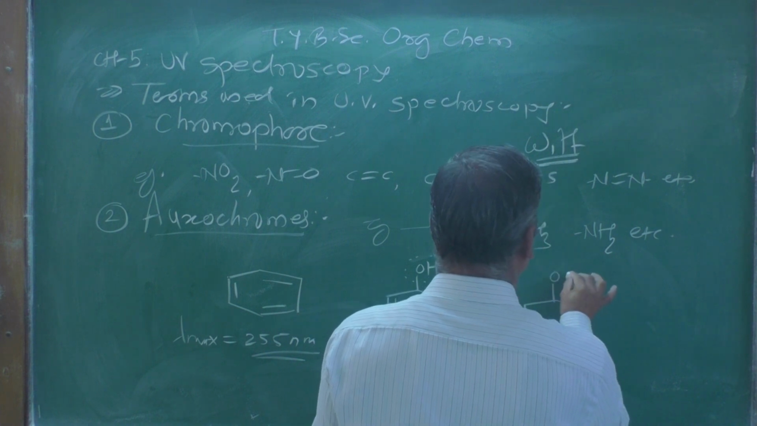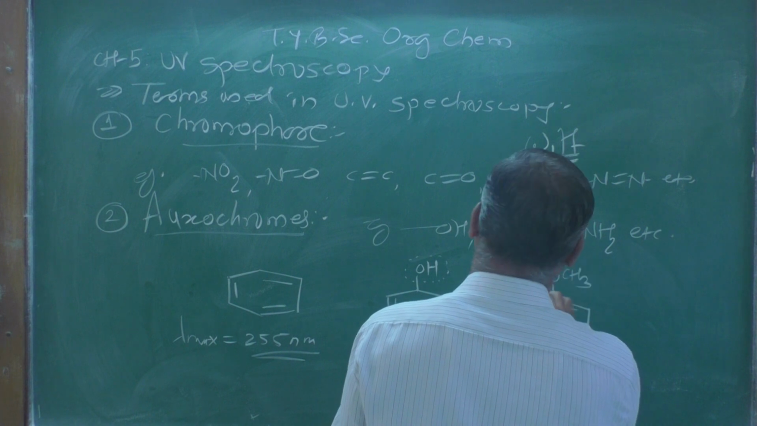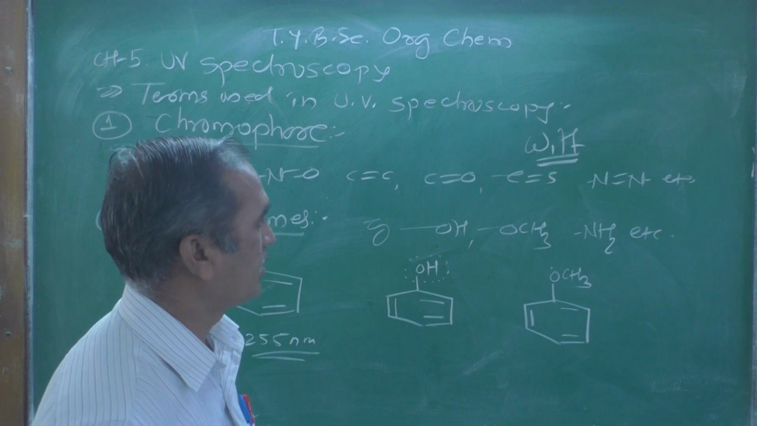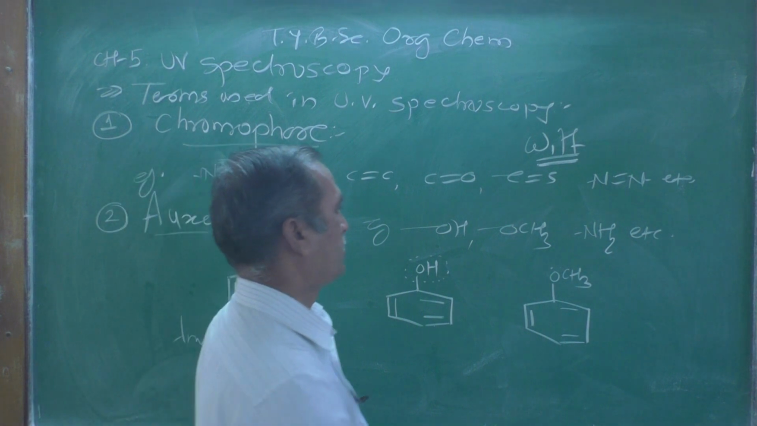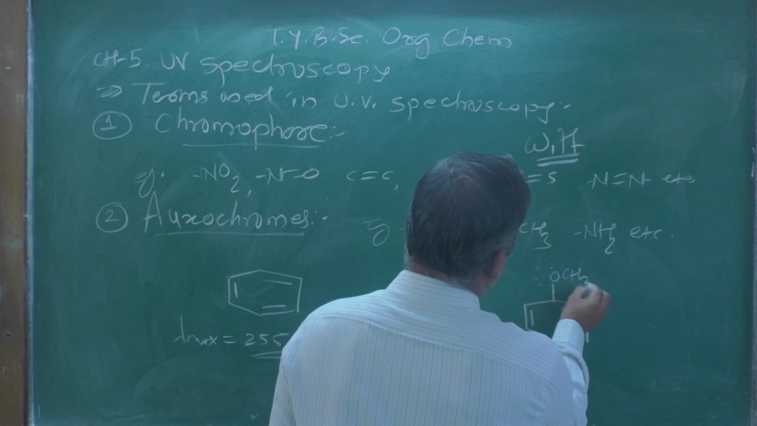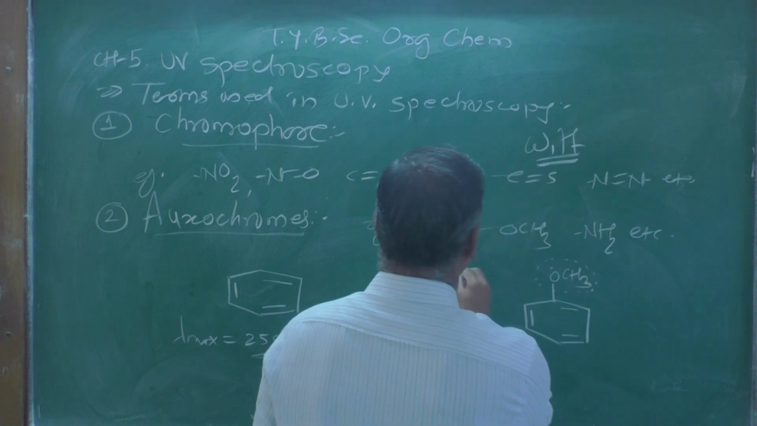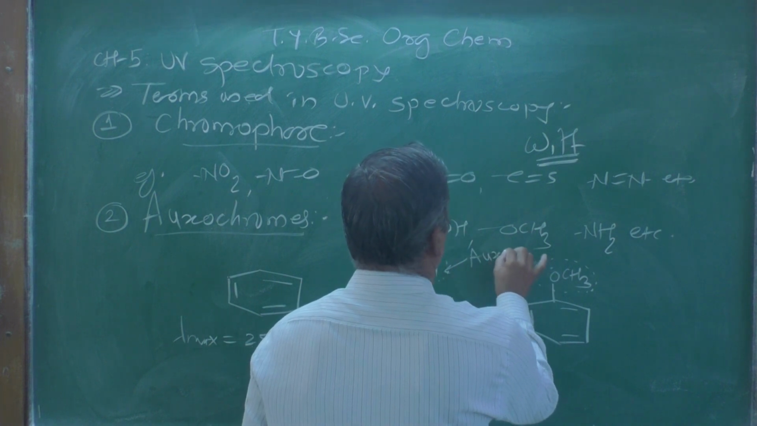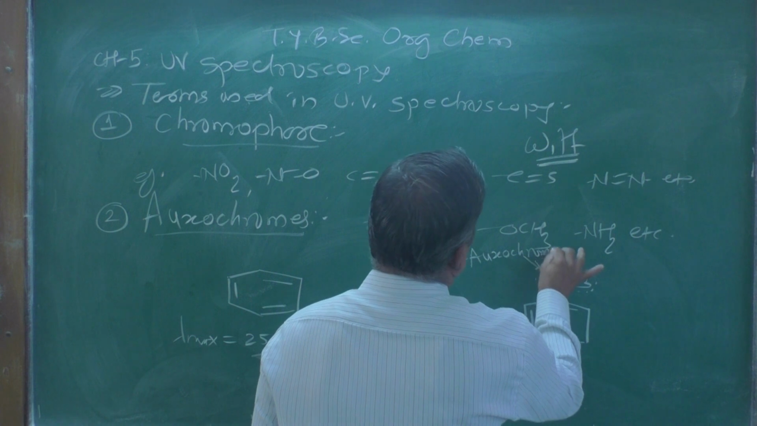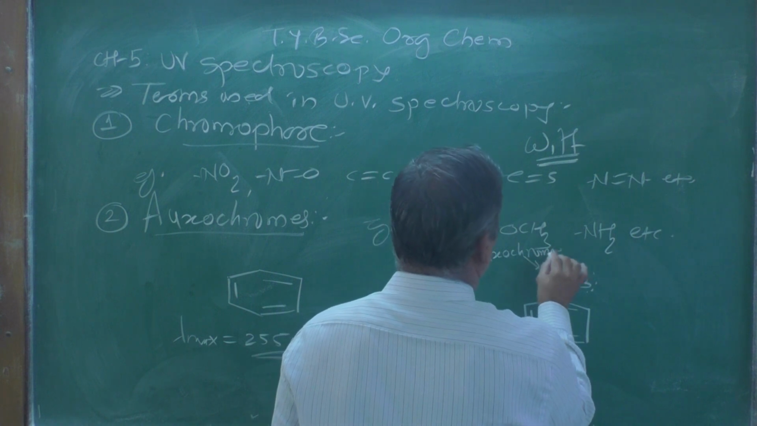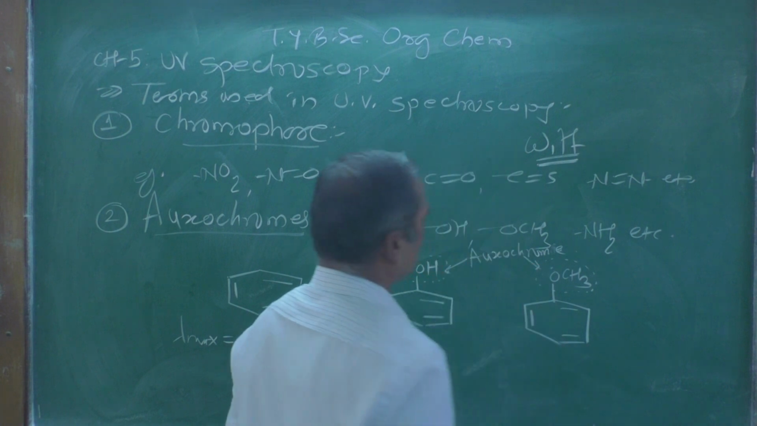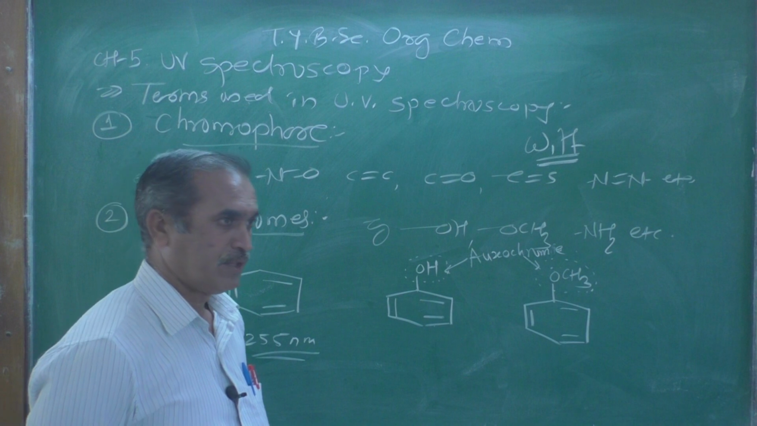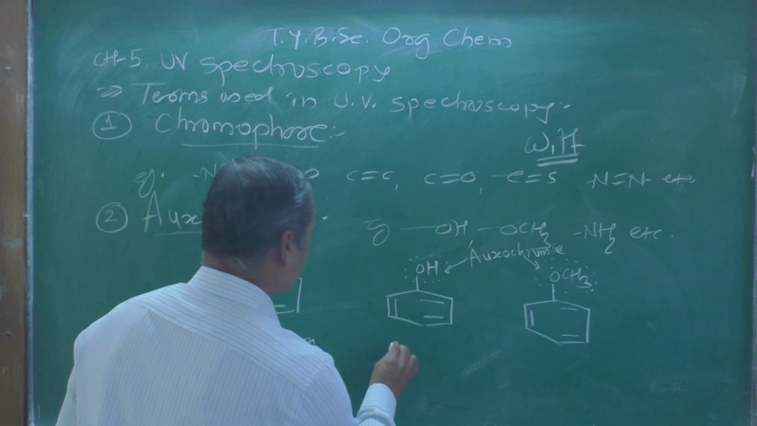Here also I have replaced another hydroxy group by methoxy, and now I am circling it. See this one, these two are nothing but auxochromes. These two are auxochromes. And now if you see its lambda max,